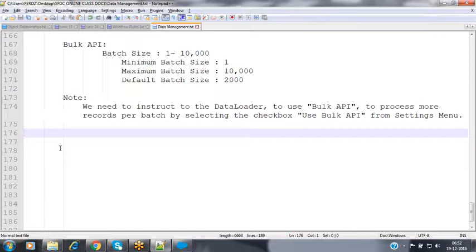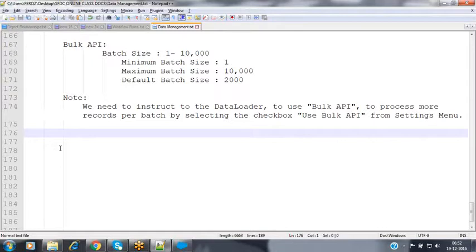So now for that here, what needs to be done is, if you want to log in into the data loader just by using the username and the password without providing that security token, at that time, we have to configure the login IP ranges inside your Salesforce instance.